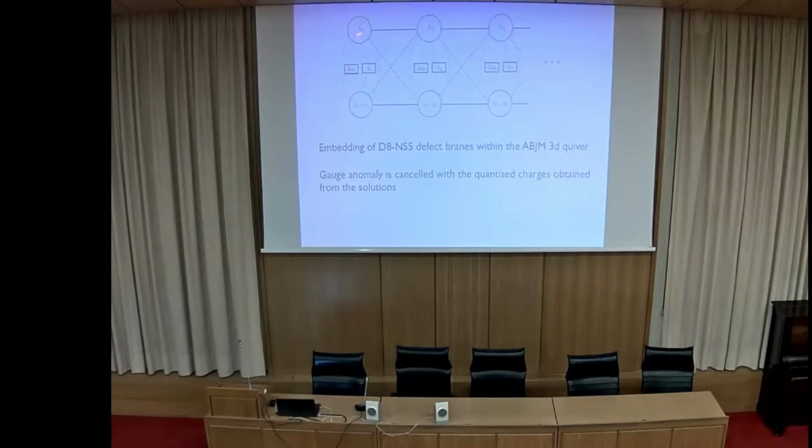You have two gauge nodes with ranks N and N plus M. They are connected, in this case, since this is two-dimensional, by two (0,4) hypermultiplets. Here with 7 branes because we are in the massive case,